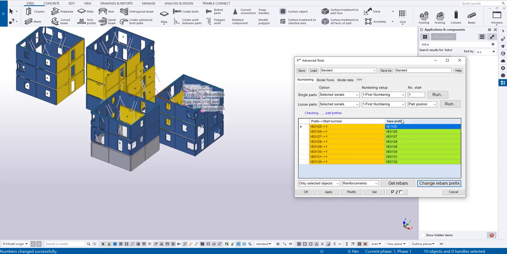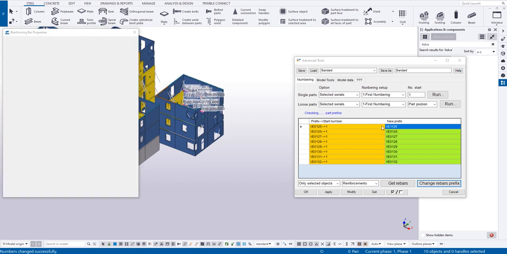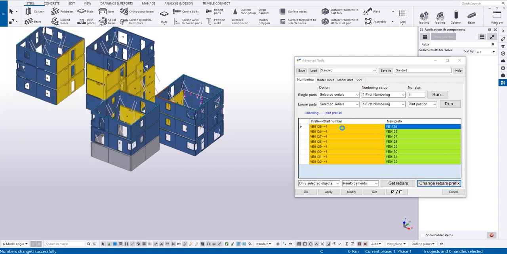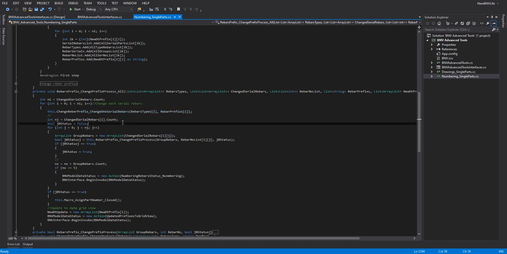When checking, it only discovers one serial that is different, and it does that one for you, only one. The size for the wall at level 0 to level 1 is corrected to suit your needs and keeps all the rebar positions. Yeah, that's finished. It does only one, and now the new prefix is already changed, with the others still kept. Before we assign numbering, we change the prefix for each rebar serial, with mesh, rebar group, single rebar or curve rebar.